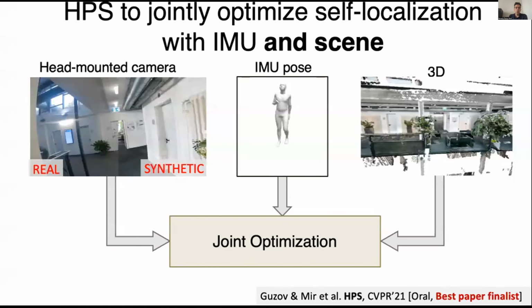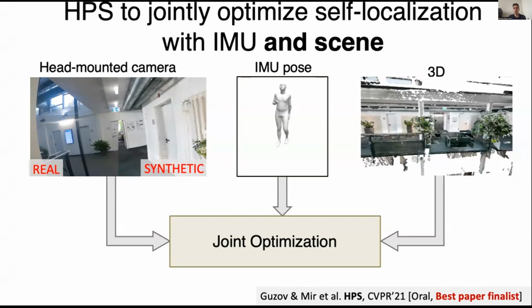So what do we do? We are jointly optimizing the information coming from visual localization, from IMUs, as well as the geometrical constraints coming from the environment. What are these geometric constraints? For example, we know the person cannot penetrate the ground. We know the person cannot fly above the ground. We know that when the person is walking and hits the ground, the feet should stay static. These are the sort of constraints that we can impose during tracking.